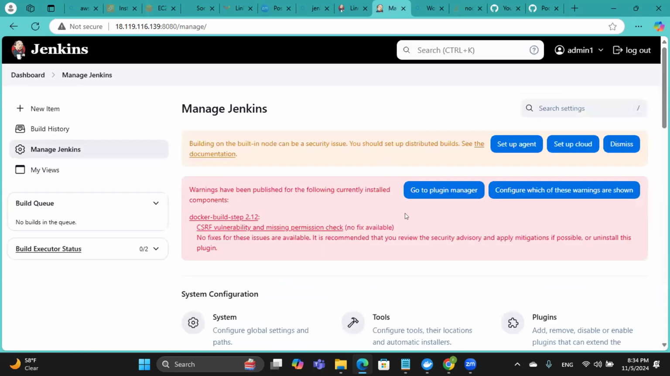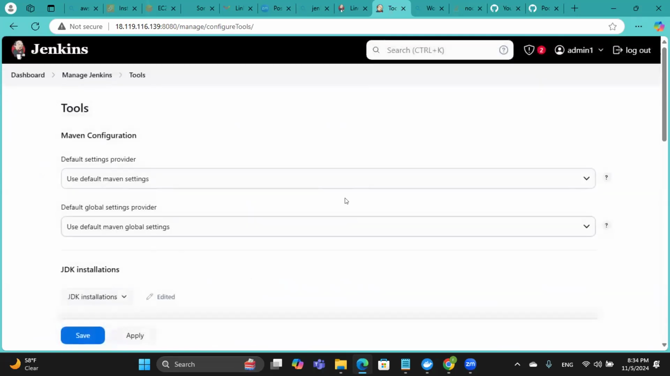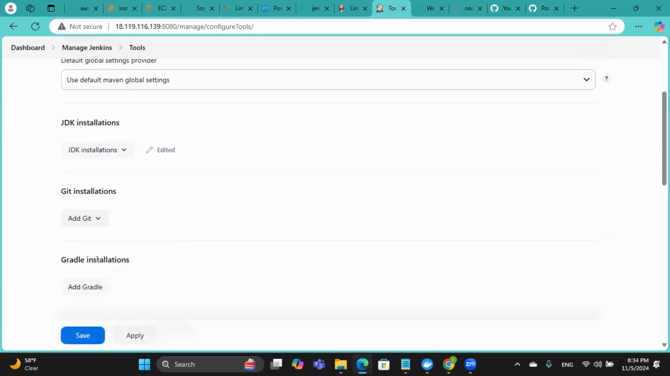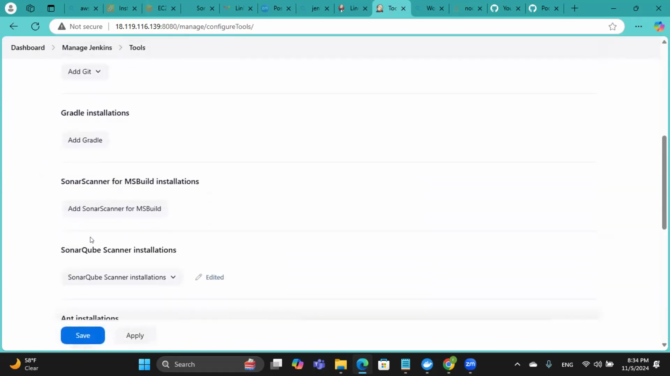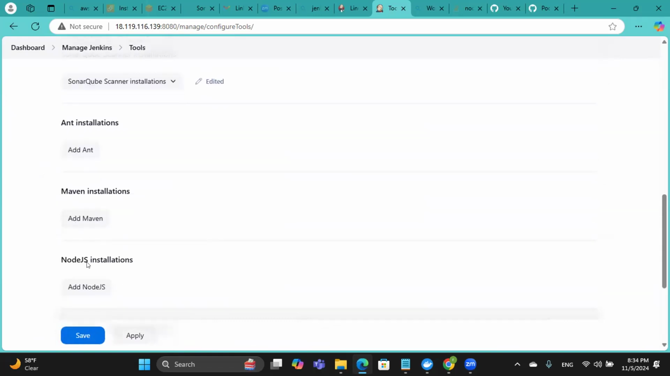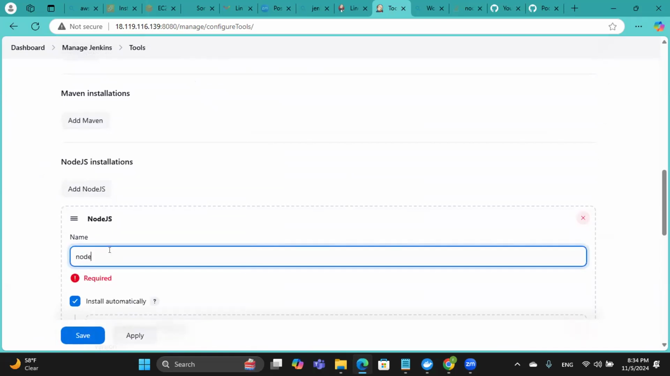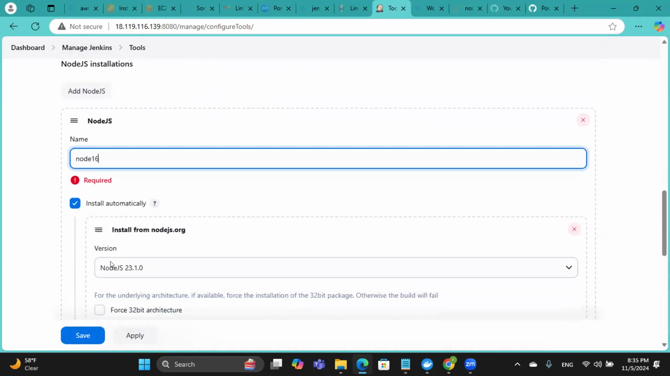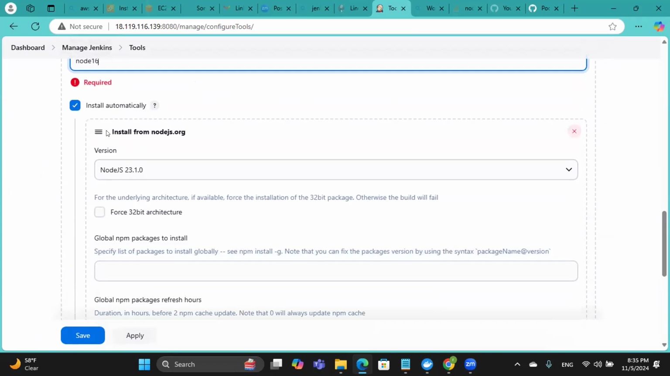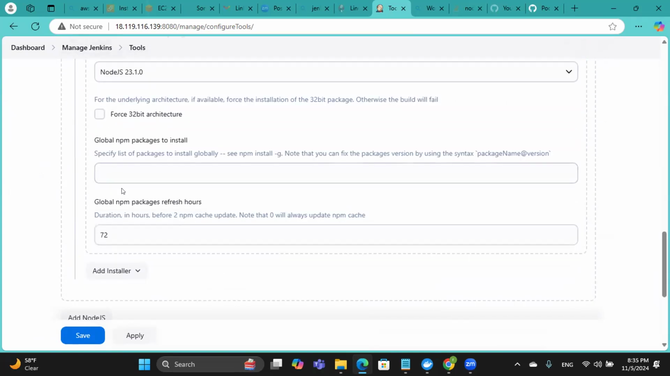Manage, go to tools. So it will list here, because we installed the node. See, Node.js installation. Node 16, right? Yes, 16. We can check one more time if you need. That is fine. This is fine. Apply, save,